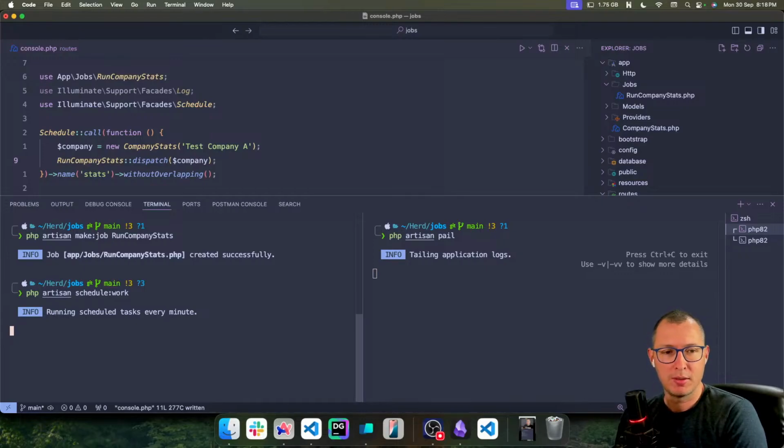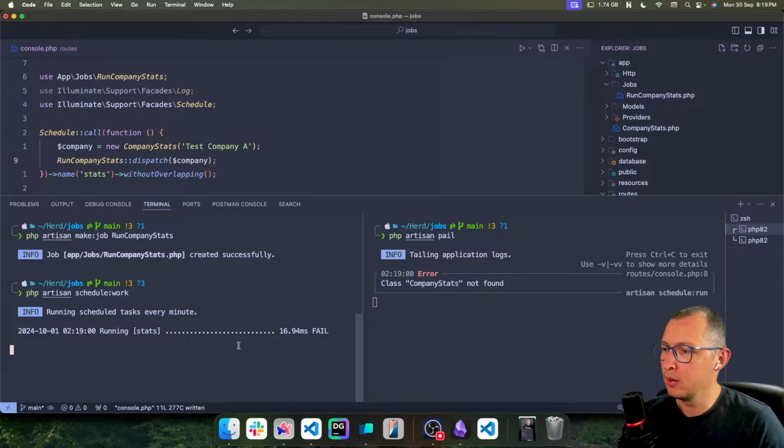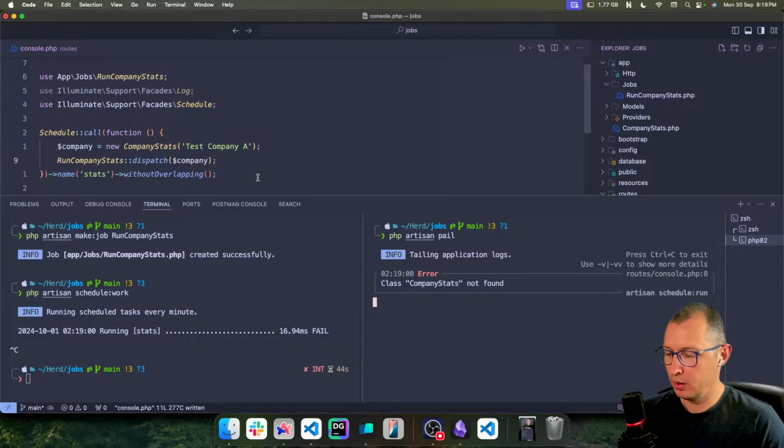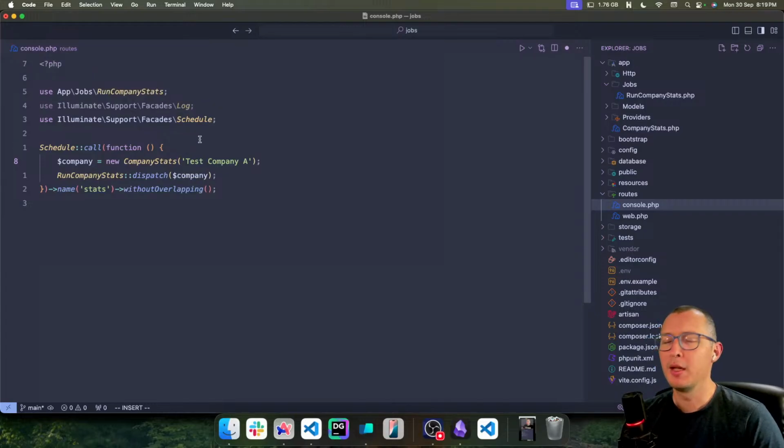So many good things. Like seeing the meat behind all of the components and how they whoa, company stats not found. Okay. I thought I imported that. Probably not. Okay, stop that. Thank you. Ah, I know why. Yeah, that would actually work. The thing is,